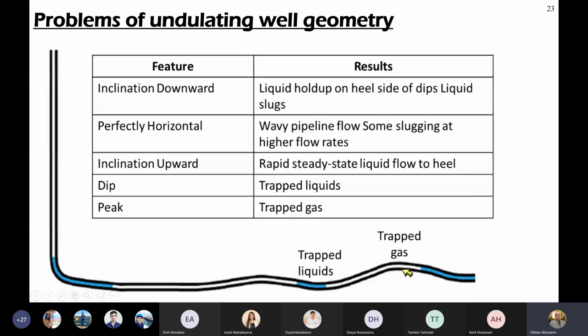And this will cause, to some degree, not totally of course, obstruction on the fluid flow, as well as